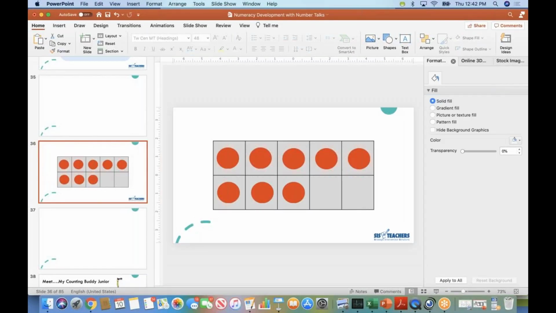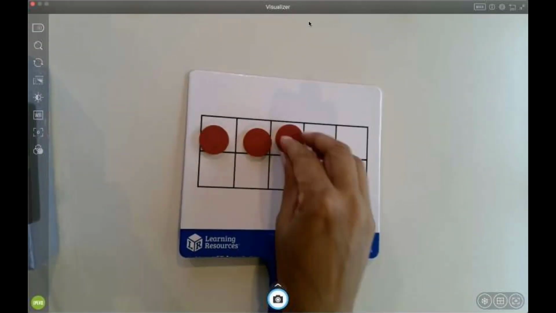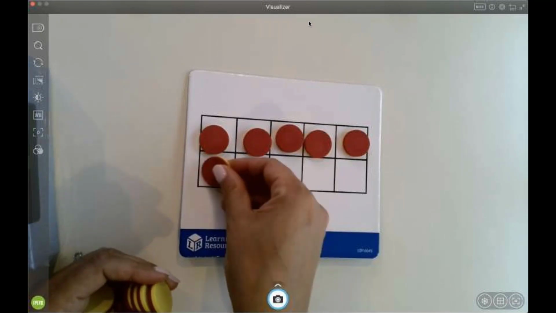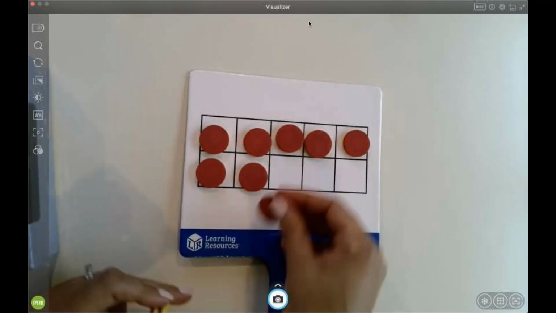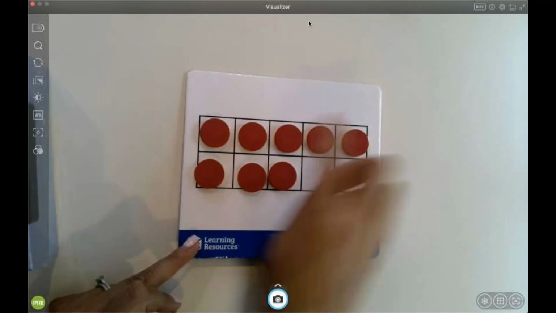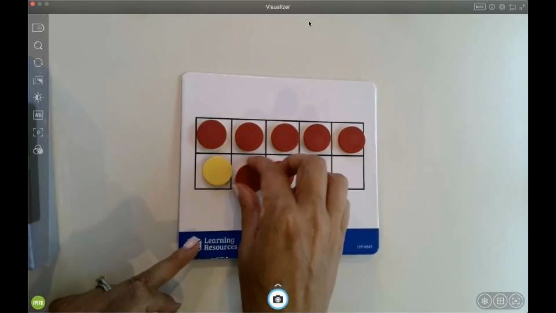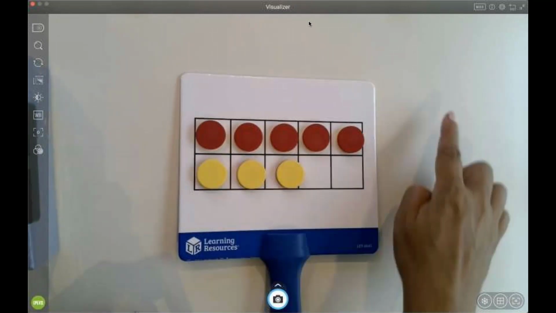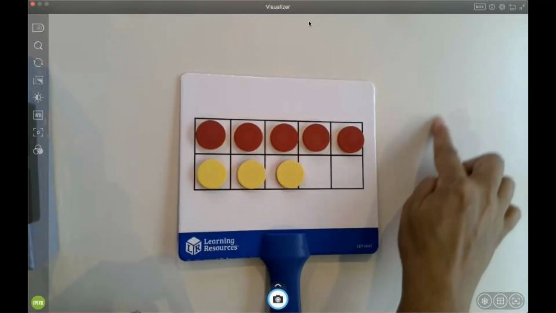It's our magnetic two-sided double 10 frame. As we look at this, and kids are showing it, you might have had that 8 displayed. The beginning parts of number bonds and getting kids to understand part-total, even though we're doing numeracy, is starting to build with this concept. If a kid says, I saw 5 on the top and 3 on the bottom, I'm going to show it this way. I might even later in the year put an 8 and then make my number bond with 5